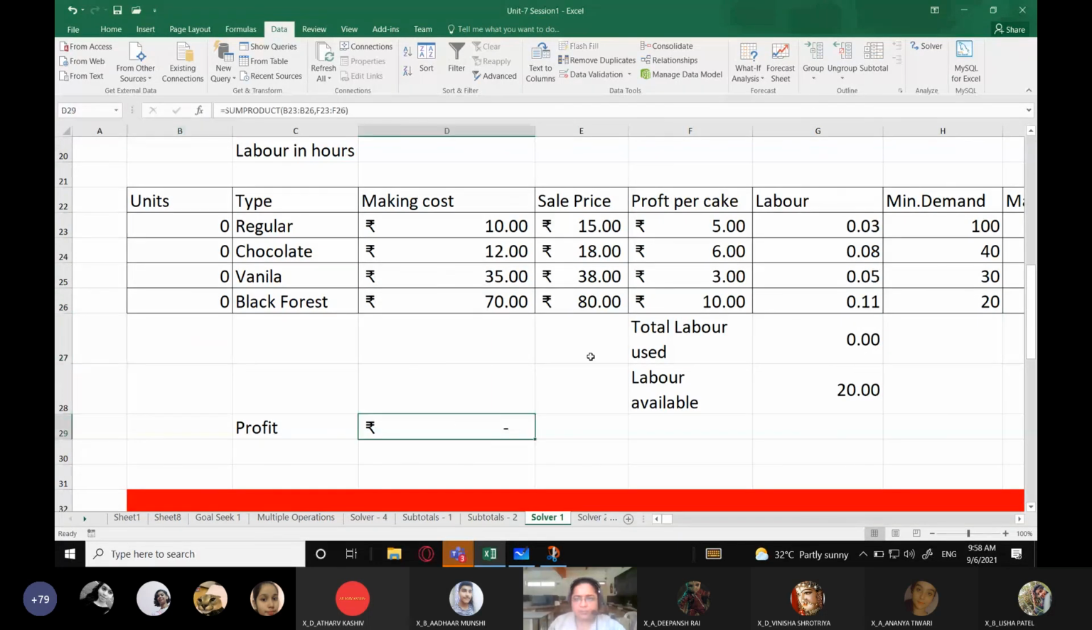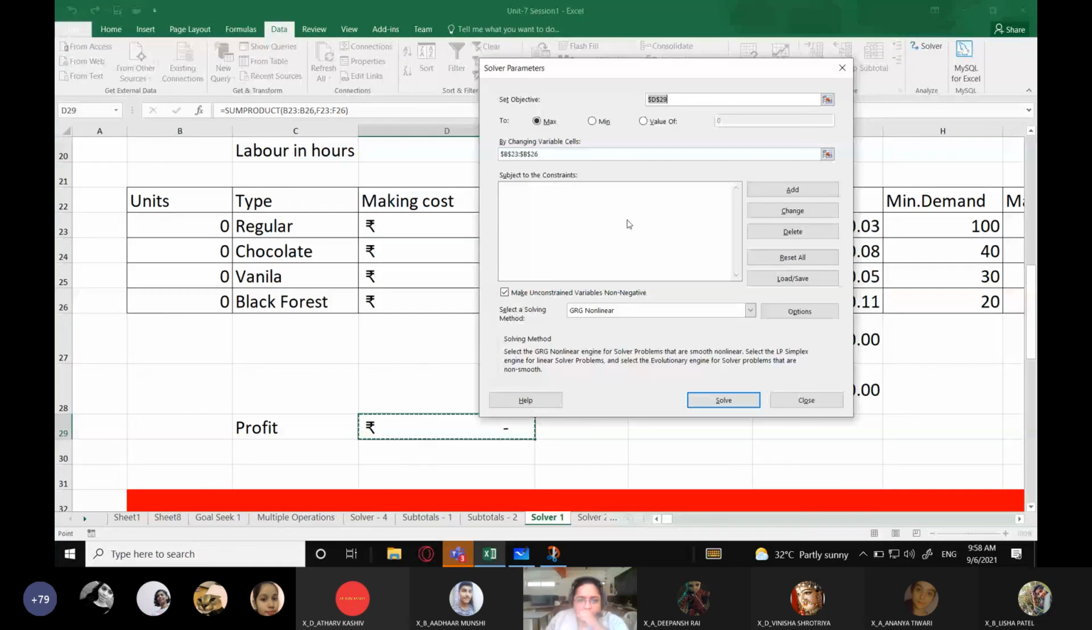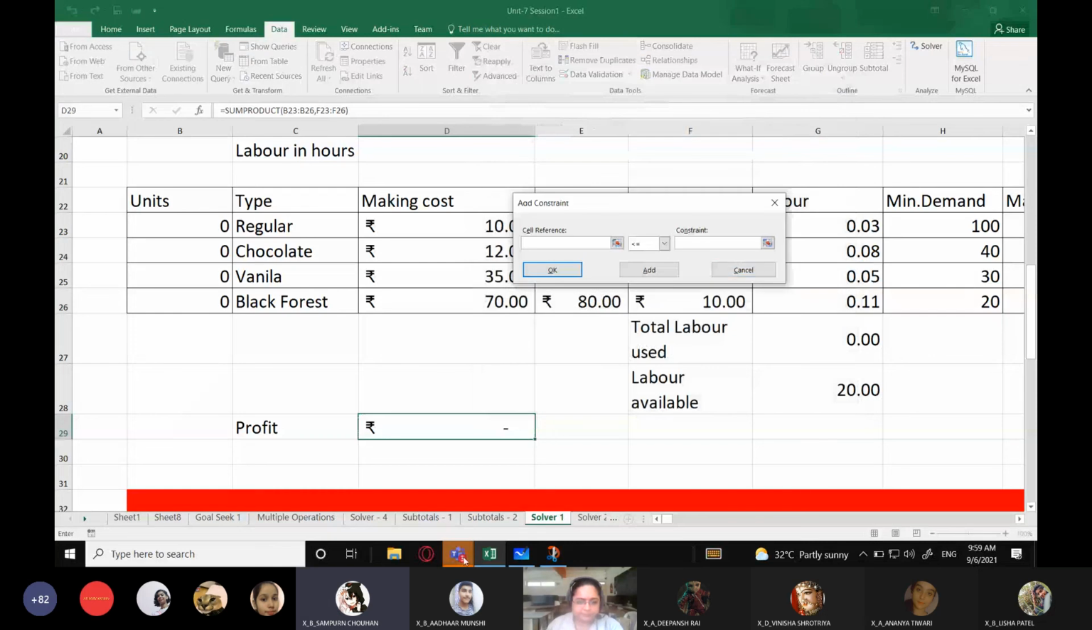So again I'm going to go to profit, go to solver. Now I will apply this. My first constraint is the number of units has to at least meet minimum demand. Okay, so I'll add